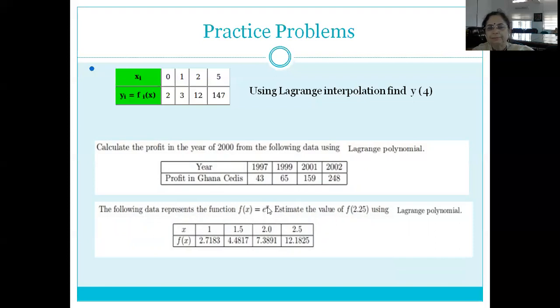And the third problem which I have included is one in which the function expression is given as e raised to x. So the nature of the function is known as e raised to x, but still the data points are available and we are asked to calculate the function value at 2.25. Now what is different in this? You have a scope of first calculating the value at 2.25 using the Lagrange polynomial, and you can compare this value with actually putting x equal to 2.25 in the expression e raised to 2.25. You can try calculating the error associated with the value calculated from Lagrange's polynomial.